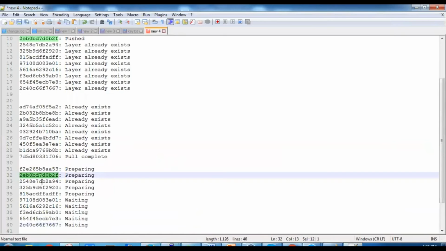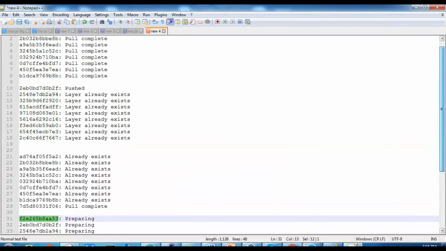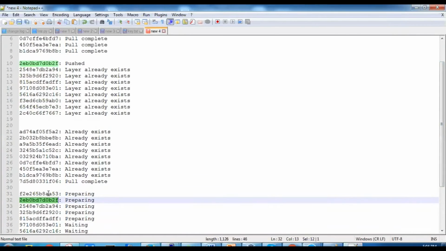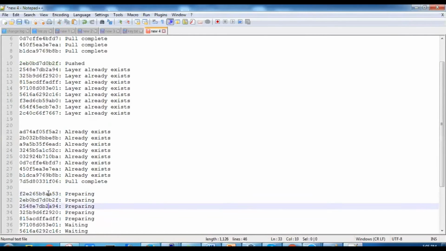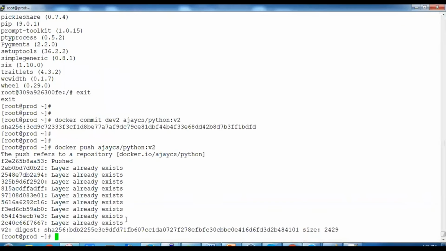See, already exists, already exists, already exists. All the layers already exist. Only this layer is new. That is the 10th layer, right? The rest of the layers already exist. So 1, 2, 3, 4, 5, 6, 7, 8, 9, 10. So one layer is added.